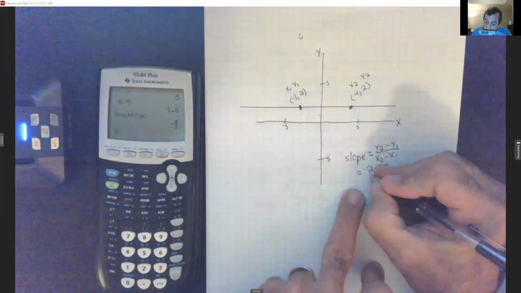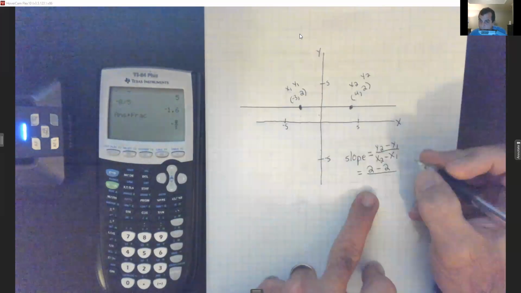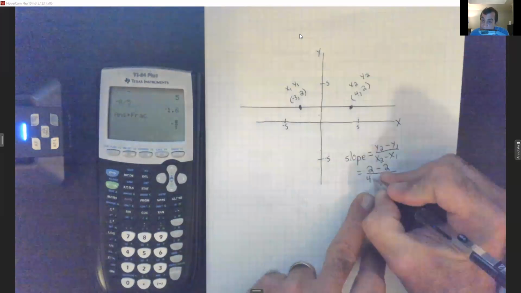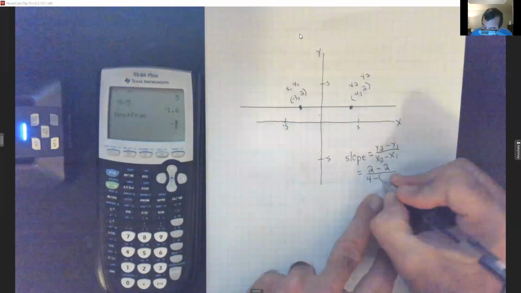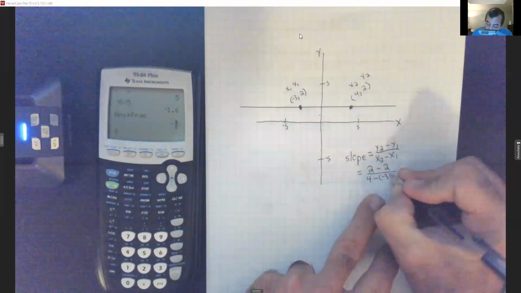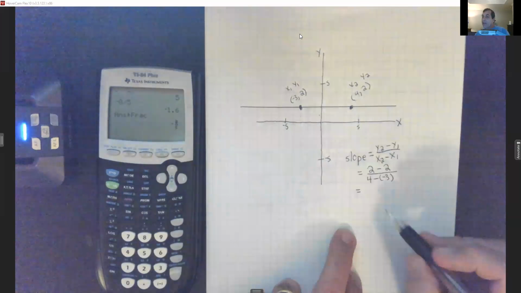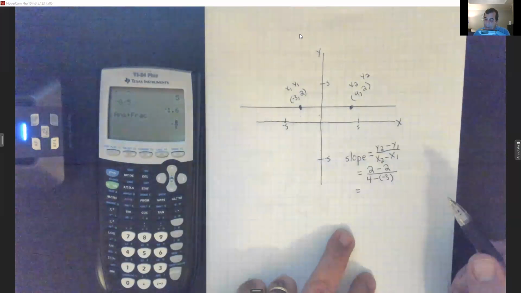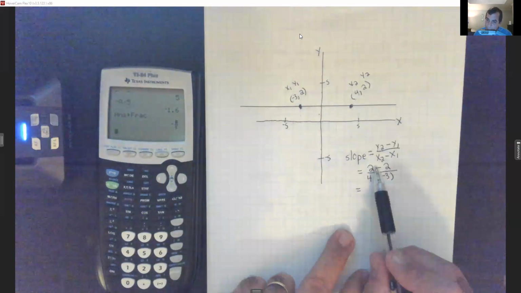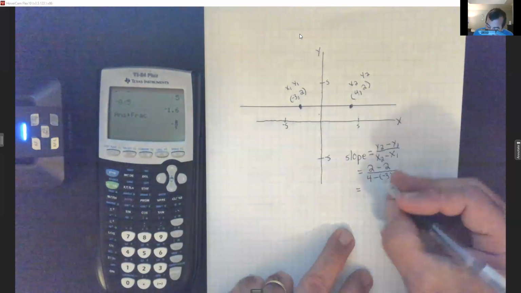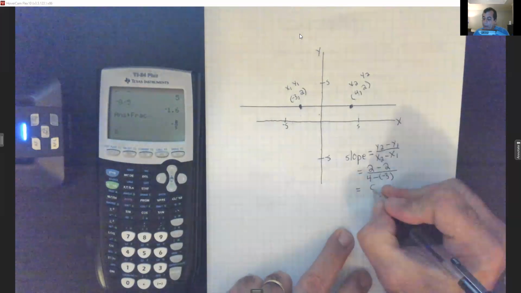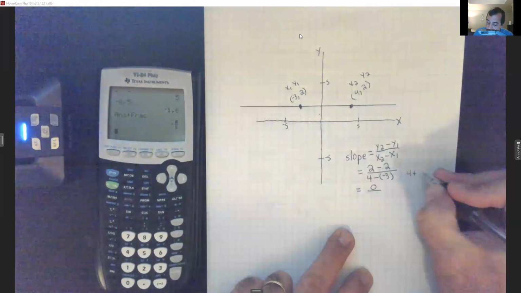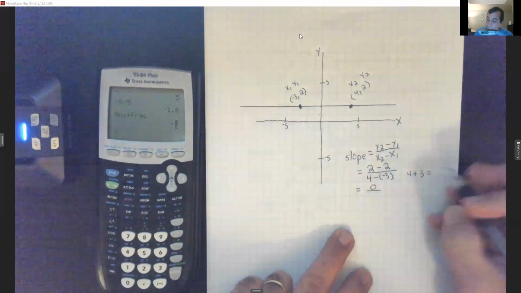That's going to be all over my x2, which is a 4, minus my x1, which is a negative 3. So once again, I'm going to put that negative 3 in parentheses. All right, so let's see what we get. We get 2 minus 2 on the top, which is actually a 0. And remember, 4 minus a negative 3 is like 4 plus 3. And 4 plus 3 is going to give me